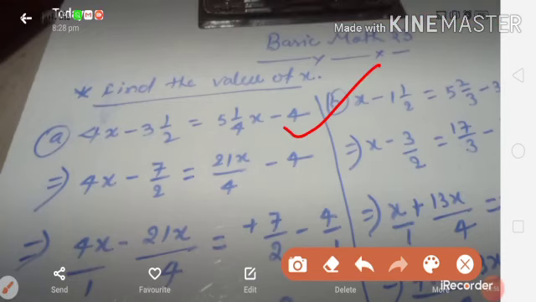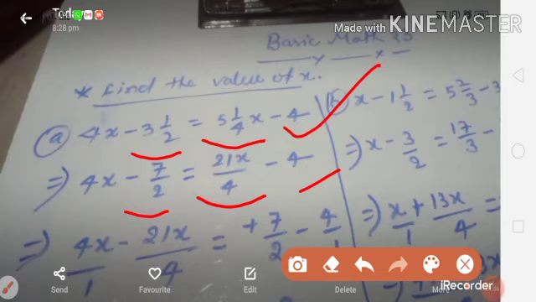First of all, A. You see that this question is 4x minus 3 whole 1 by 2 is equal to 5 whole 1 by 2 minus 4x minus 4. Now, first of all, we have to rewrite it by changing into improper fractions. Wherever you see a mixed fraction, we bracket it and we find 7 by 2, and this is also a mixed fraction, so we bracket it and we find 21x by 4.